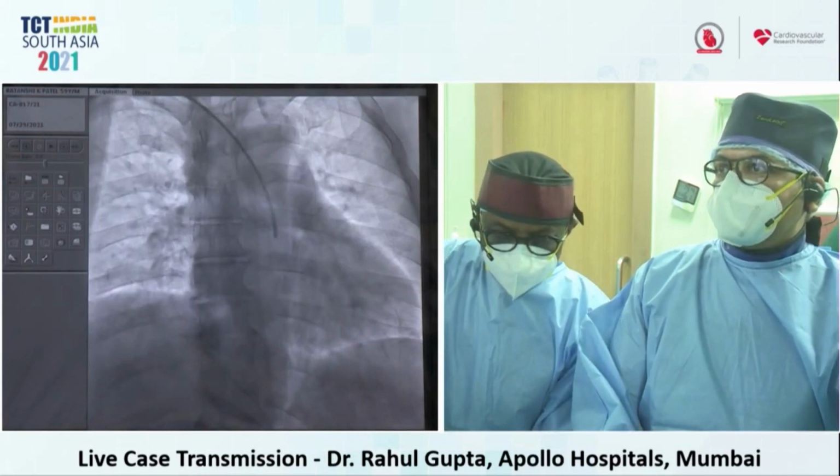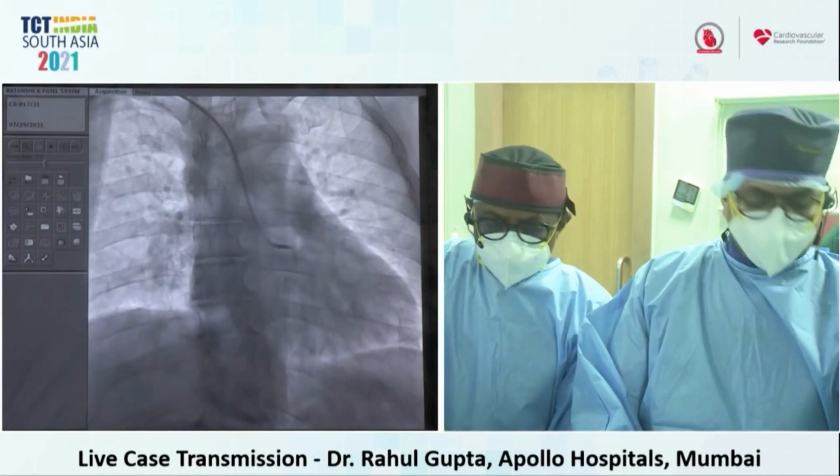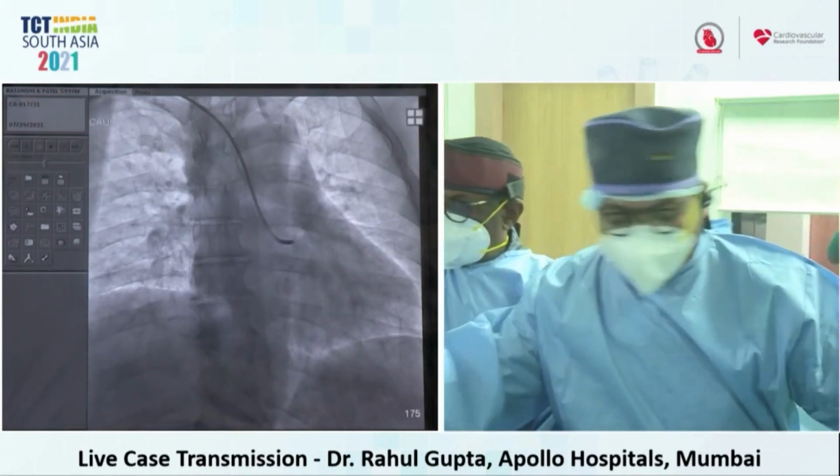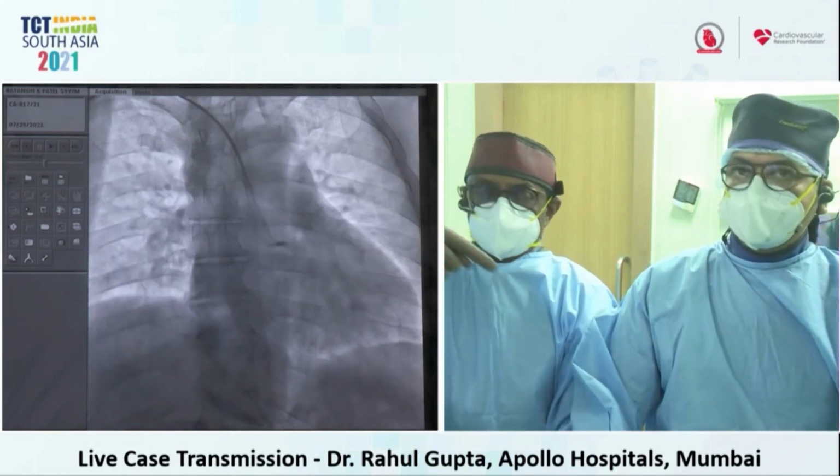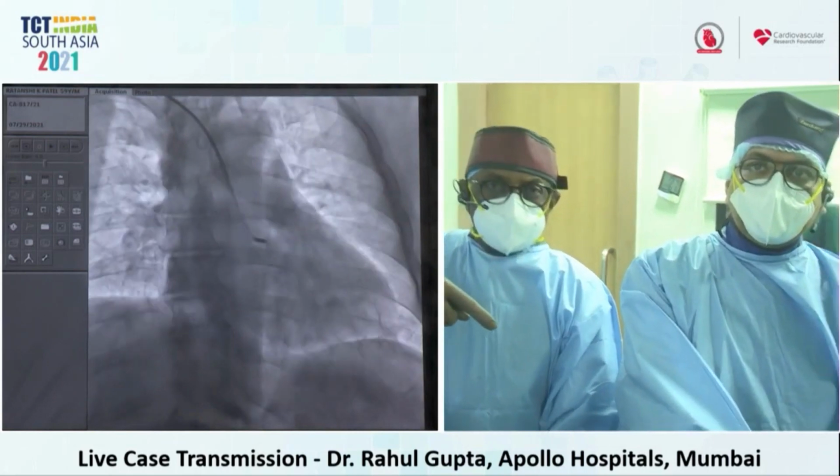Would they be able to show the radial site? You know, sir, there is no sheath there. It's directly only the guide now. No, it's sheathless. Yeah. It's a sheathless thing. Can you let them focus on the radial site once? If the camera can focus, then people will understand what is the difference.